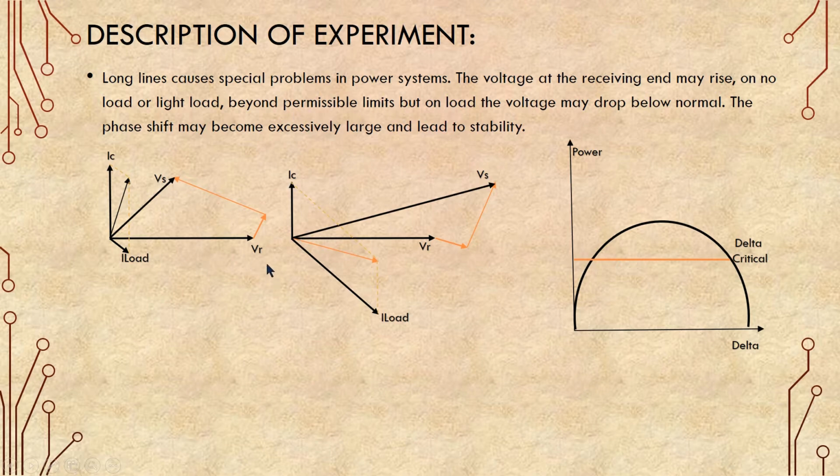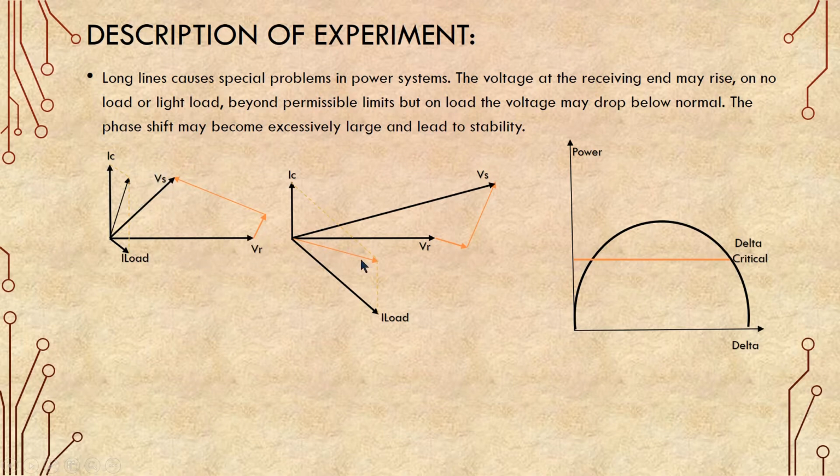For example, a transmission line is designed for 220 kV and its receiving end voltage is going beyond 300 kV. That means all the insulators and apparatus used for 220 kV, if we use them at 300 kV or more than the permissible limit, what will happen? It may damage the transmission line. So that should not happen. But that is not in our control, because load can vary from no load to full load. When load varies, due to the capacitance effect we have the Ferranti effect, that means the receiving end voltage is more than the sending end voltage.